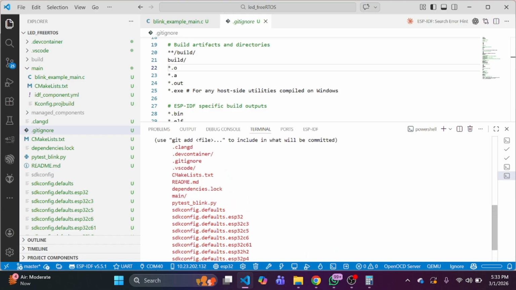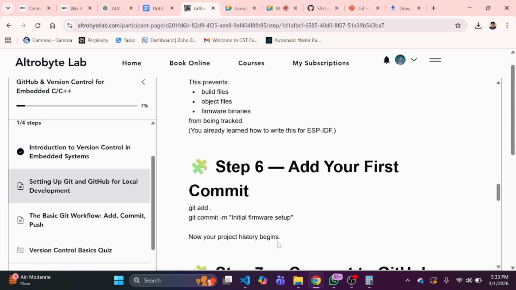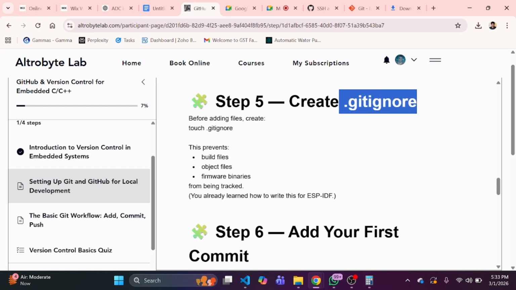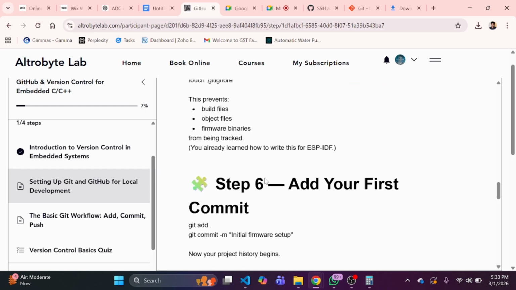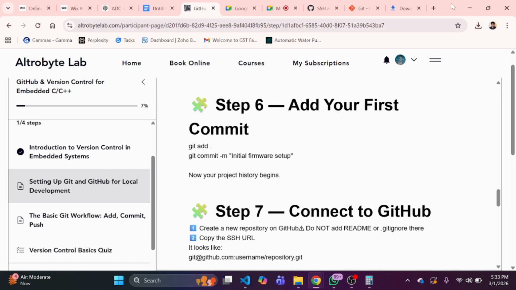So till now we are just not removing and adding new files. We will go with the default file structures. You can see the same thing here. First of all, this prevents the build files, object files and firmware binaries, right? So now the next step is